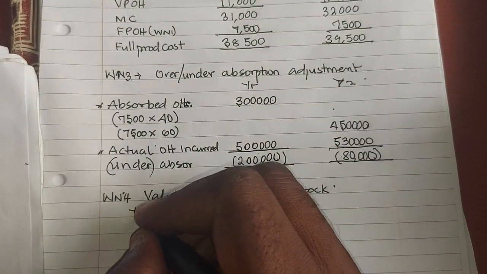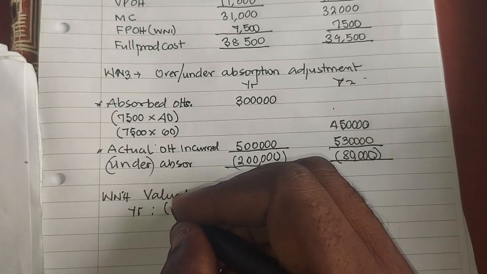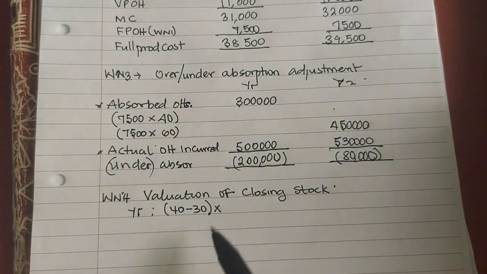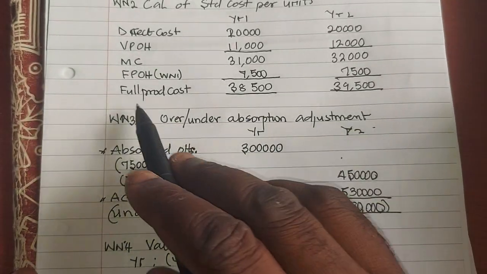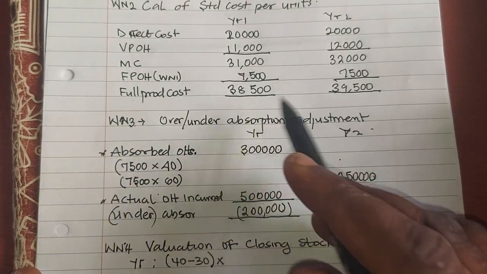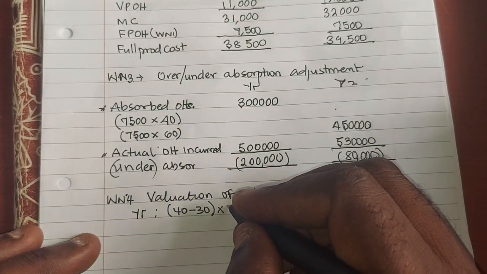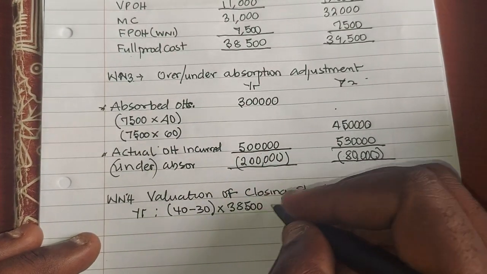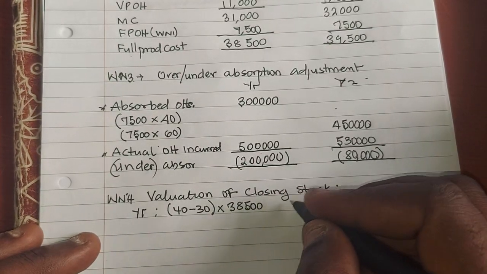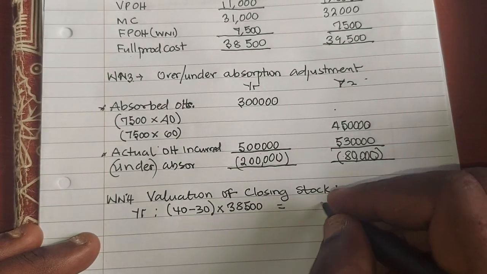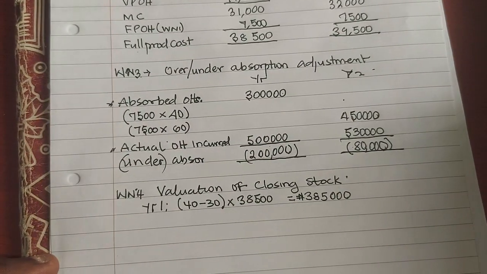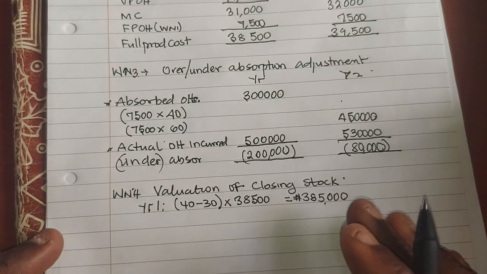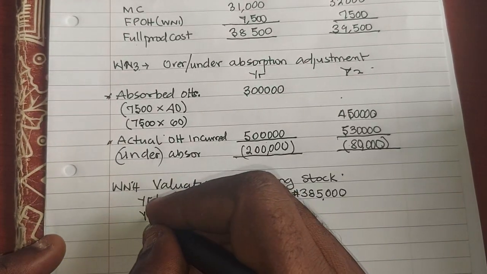So for year 1, we have 40 minus 30 multiplied by, since it is absorption costing, at full cost of production, so times 38,500. When you press your calculator, this gives 385,000 naira. Then for year 2,